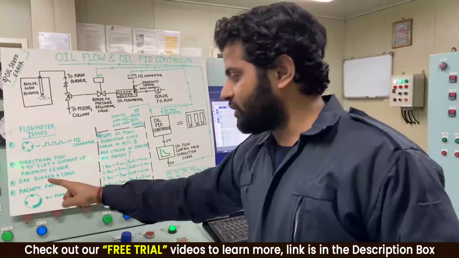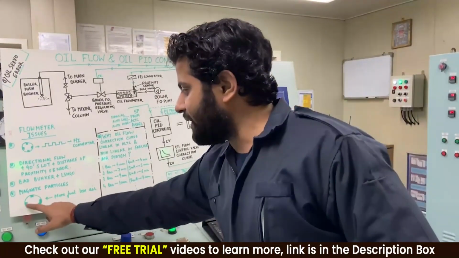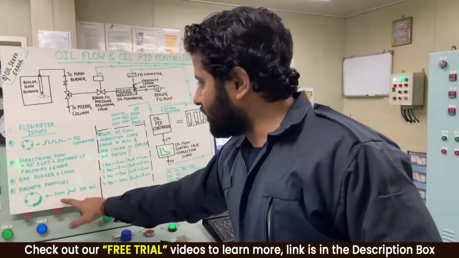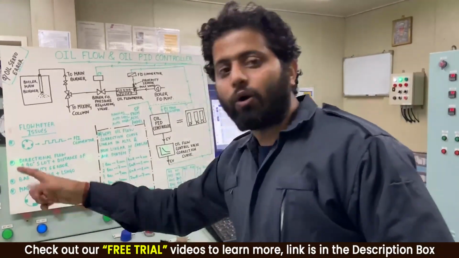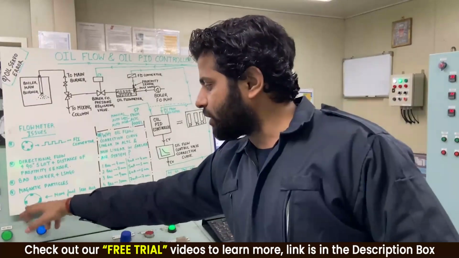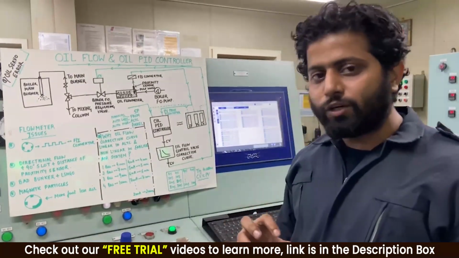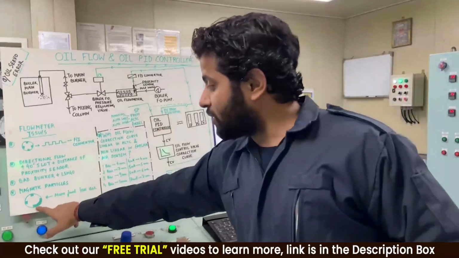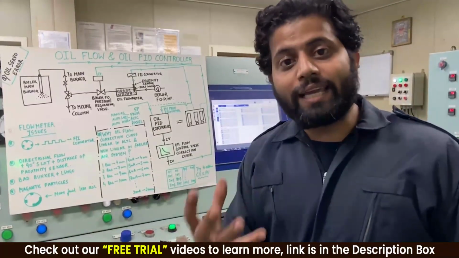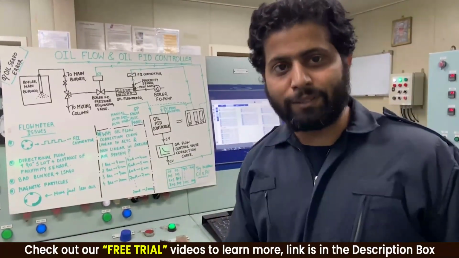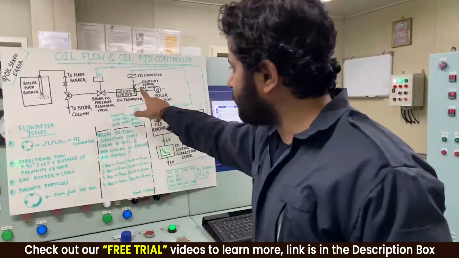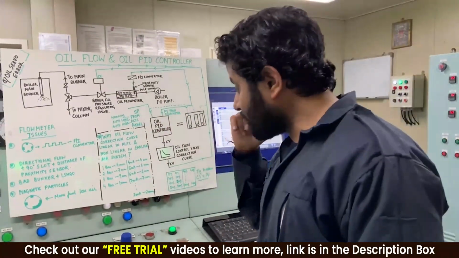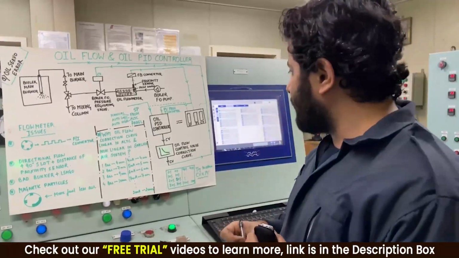So when a full revolution is taking place, there are actually only 3 pulsations. In order to make 4 pulsations, an extra round, basically a quarter turn more, has to happen. So now your fuel is going more because the meter is sensing less, because there is a short circuit over here. So again improper combustion, and black smoke can happen. These are a few things you have to ensure regarding the oil flow meter. Very, very important, guys.